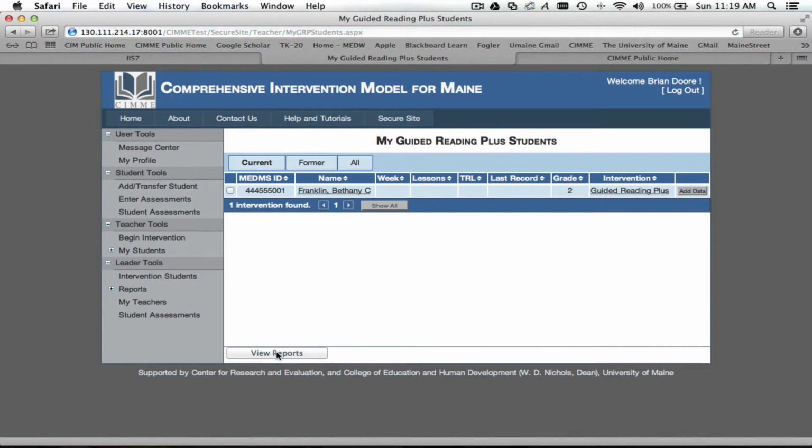And that's it. That's all there is to starting the intervention. Now, how do you enter the data for her? Well, it's using this Add Data link that you see here, but I'm going to cover that in a different video. So that's it for this, and so you can begin interventions for other students by simply going back and